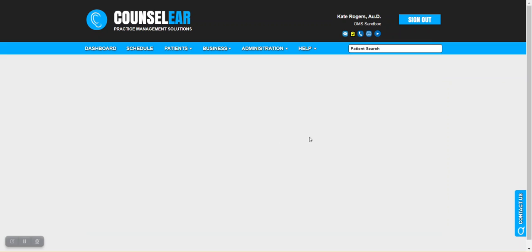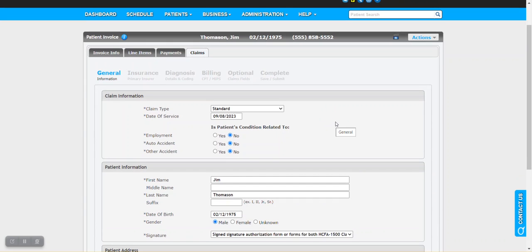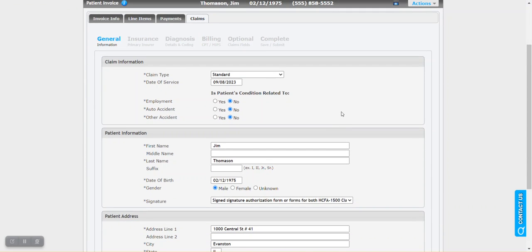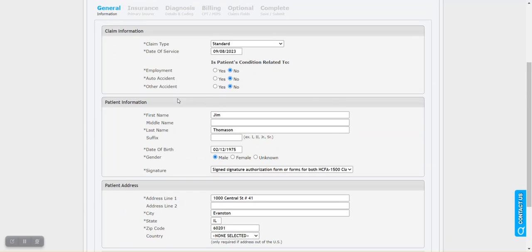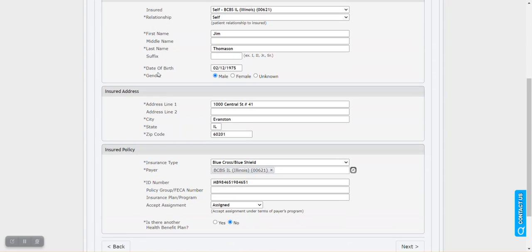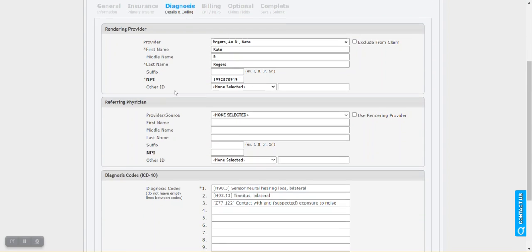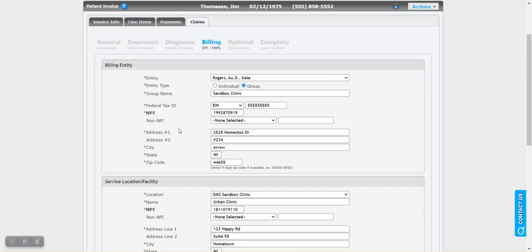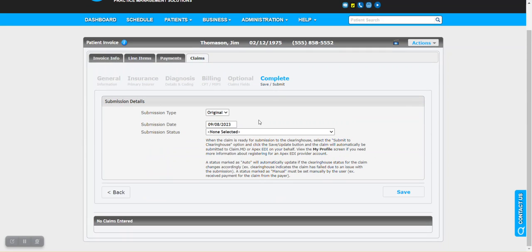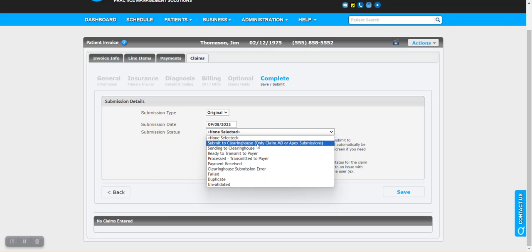And what you'll see here is this is really a review process. This is not manually creating a 1500, for example, right? So we can see the information autofill. As we go through each step here, we can see that this information is already in place. There's nothing for us to do at this point. We're just reviewing. And then we get to the last step, and you can submit the claim directly to a